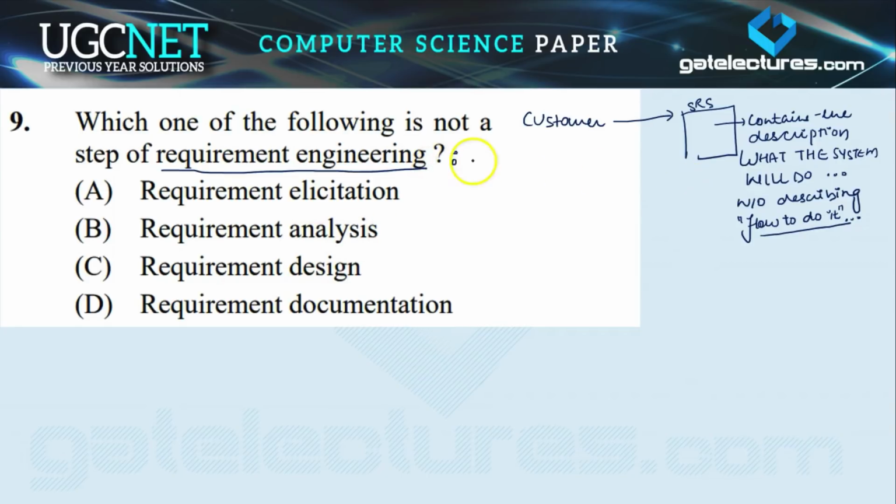So the first step in requirement engineering is requirement elicitation, which means to gather the requirements. Requirement elicitation is the first step and it is an activity that helps us to understand what problem has to be solved and what the customer expects from the software. So with the help of requirement elicitation, we get to know two things: कि हमें क्या problem को solve करना है, and second thing is कि customer की क्या expectation है software से.